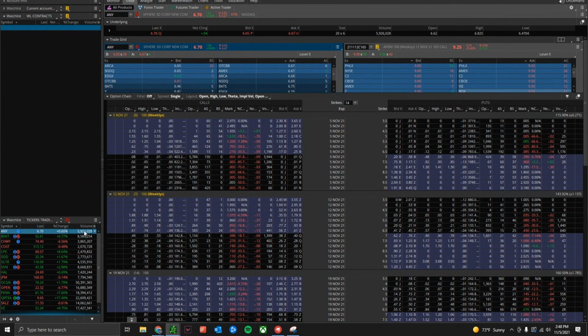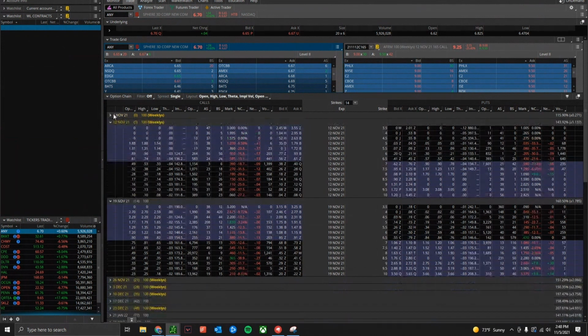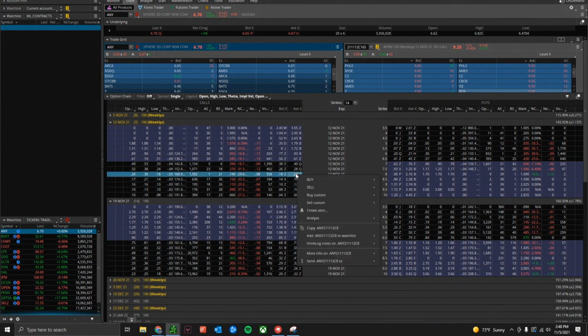But basically what I'm looking for right now is today's high and today's low. And then I'm going to find the contracts for this week that are the closest to it. So today, Any had a high of 683 and it had a low of 647. So I want to pick the contract that is closest to 683 for a call. So that would be $8. And I'm going to come here and I'm going to go send a watch list